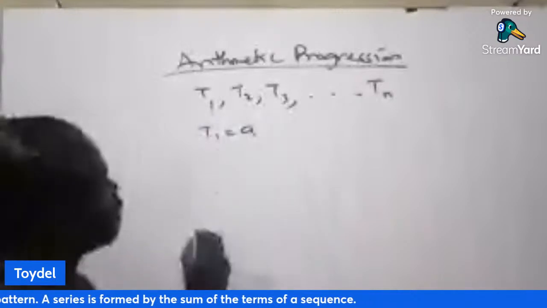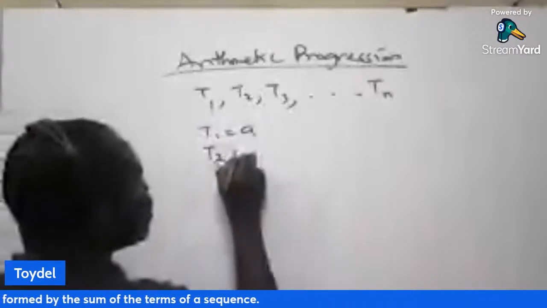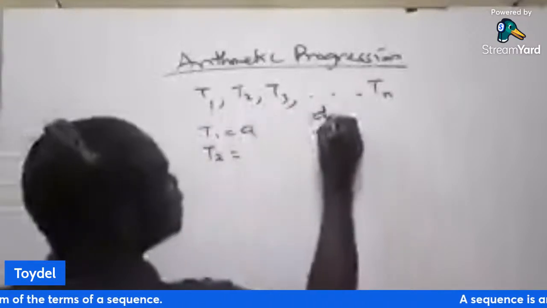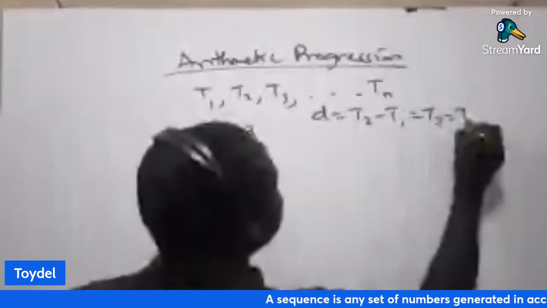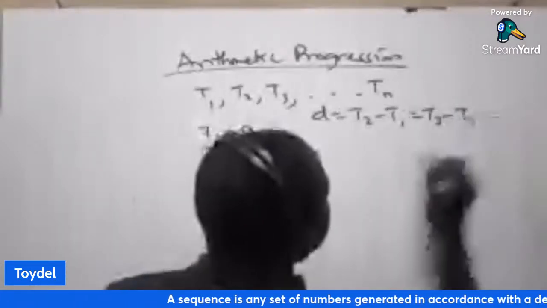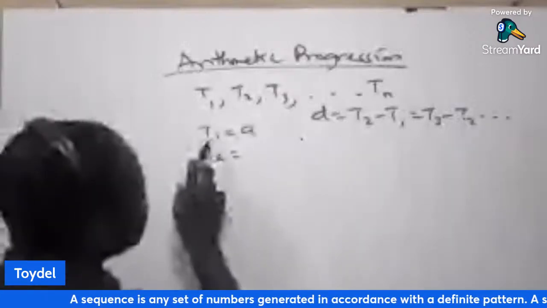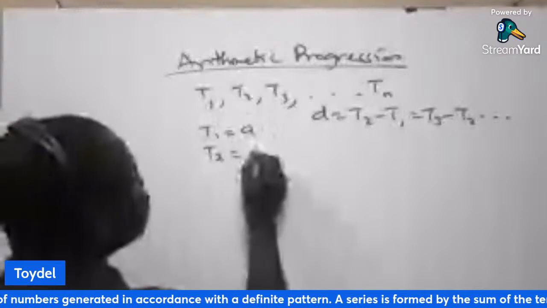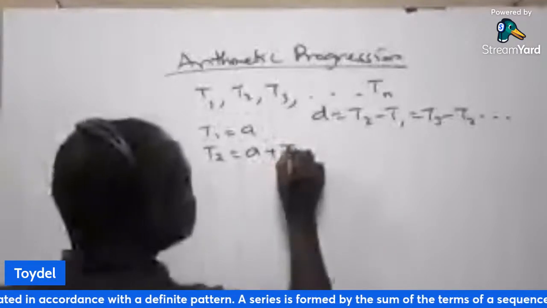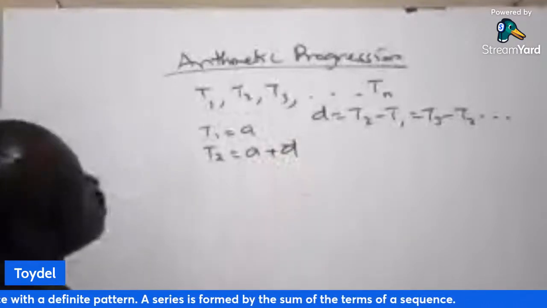The first term is denoted as A. The common difference is equal to T2 minus T1, or T3 minus T2, or in that order. The first term is denoted as A, which is T1. How do I get the second term? The second term will be A plus D, the common difference. From the example that I gave,